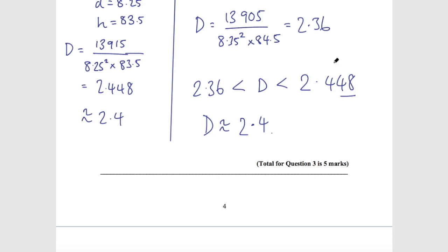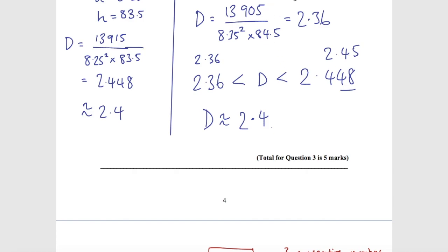We can't go to 2 decimal places because to 2 decimal places this is 2.45 and this is 2.36. So to 2 decimal places, 2.4 would be wrong, but to 1 decimal place it satisfies both the lower bound and the upper bound. So that's why 1 decimal place is an appropriate degree of accuracy, because both bounds